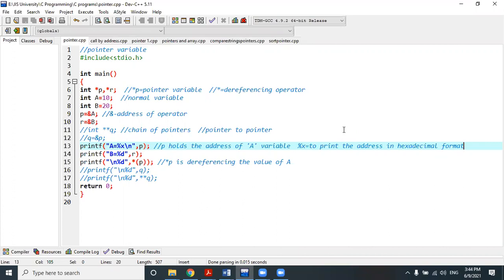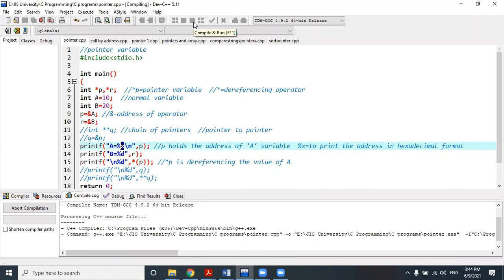In future, you are going to learn subjects like computer organization, digital electronics, or computer architecture. In those subjects you learn chapters like memory management or memory interaction. Even in the operating system subject, you are going to learn memory management. To represent a particular memory value, hexadecimal format is always preferable. Instead of %d, the integer format, you can specify %x. Right now both are correct. But if you use %x, you will get the similar address value, but in hexadecimal format. This is the format.